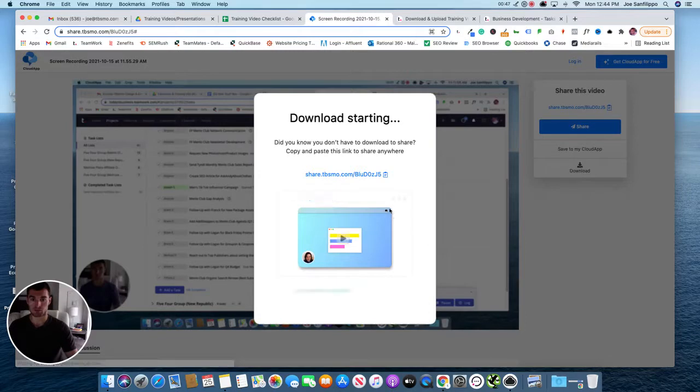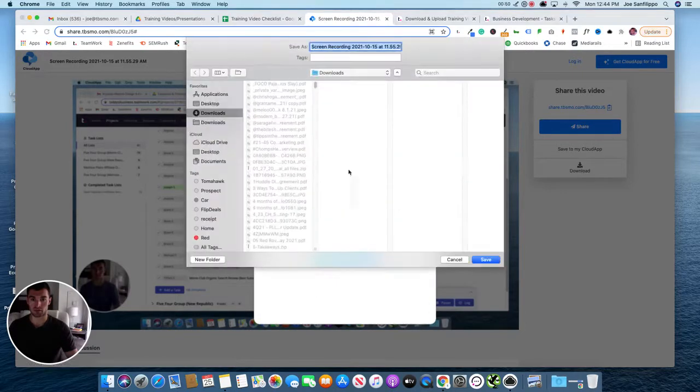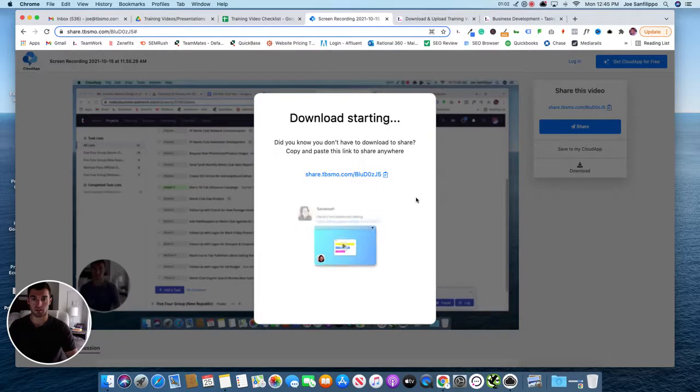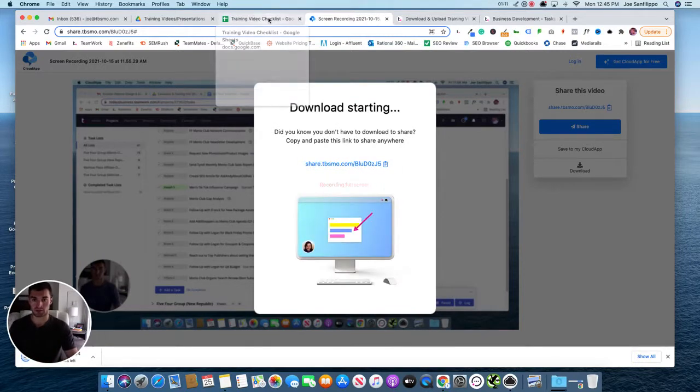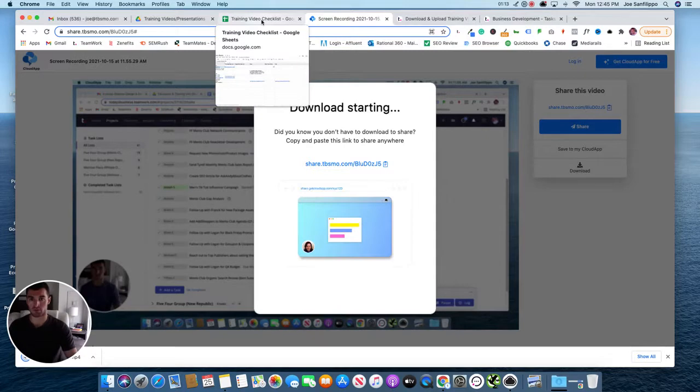So when you go to download this, I have my computer set up so that anytime I download anything, it lets me rename it before. But now I'm just going to put creating a teamwork task as the name and download that. And the reason we're doing this is because Cloud App videos will expire. So we want to make sure that we have these videos saved forever so that we can always reference back